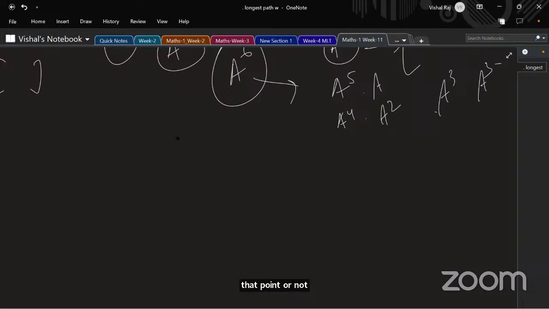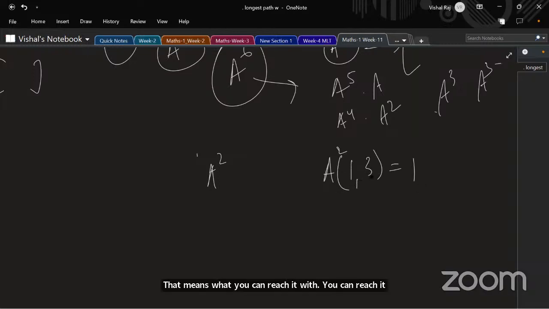For example, in A square, if A 1 3 is equal to 1, that means you can reach it in A square, so there is an edge between 1 and 3. So with one hop, you can reach it here, right? From the graph A, we can